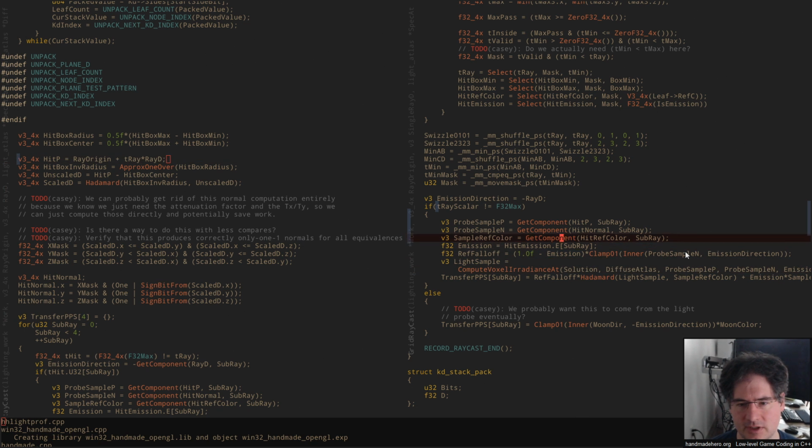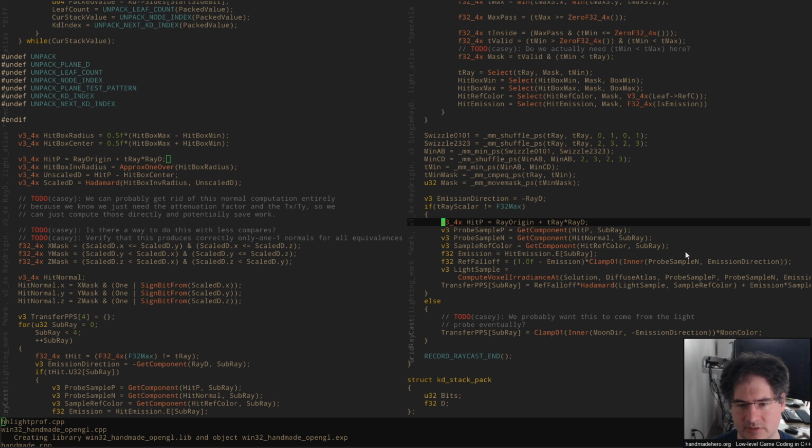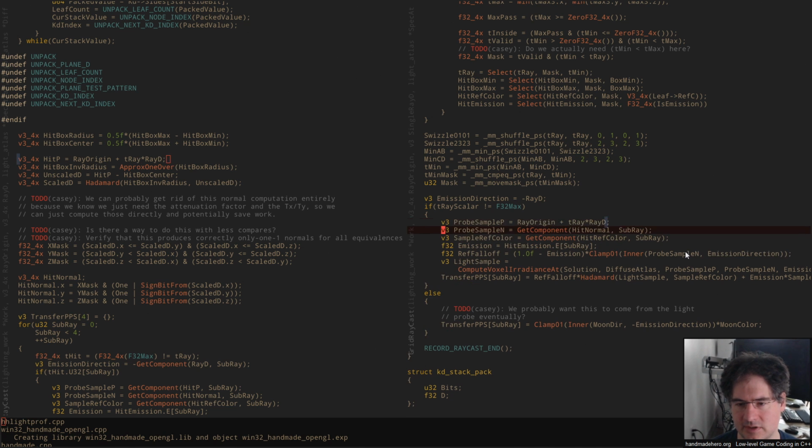Here's the hit P that you have, right? So you've got the hit P here, and it's just going to be that value. It's just the ray origin plus the T-ray times TD, that value. The sample n is the hard thing, it's this ridiculous nonsense here. And so I think that's a lot easier to compute now